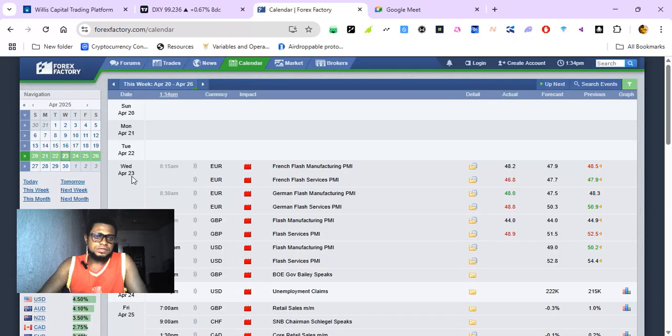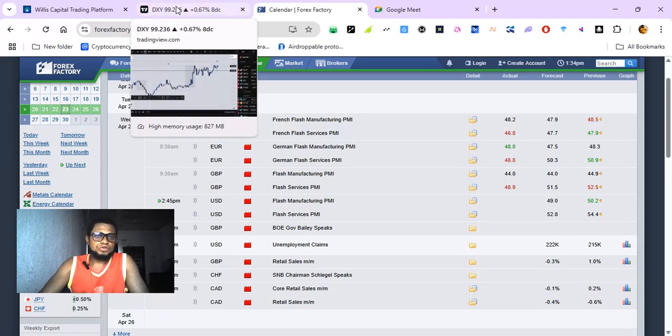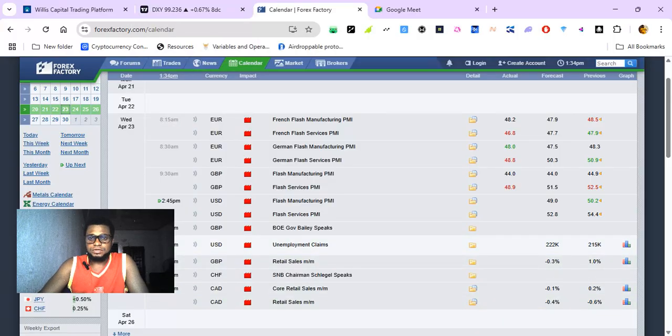So here you see I have Wednesday for trade, and I'm trading. I always trade GBP/USD. So see, at 9:30 a.m. I'm having news, and also since it's USD correlated, by 2:45 I'm also having news. So you see me trying to impute time and price in what I do. So coming back to my pair,